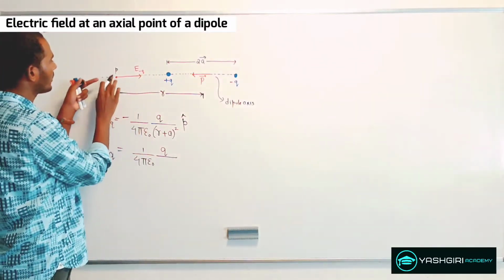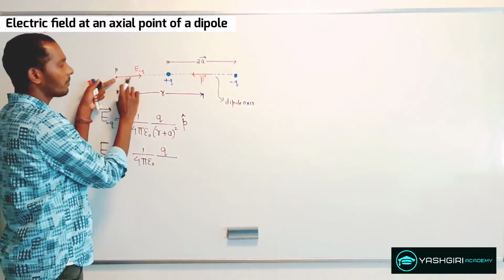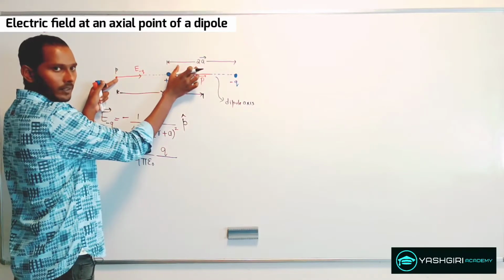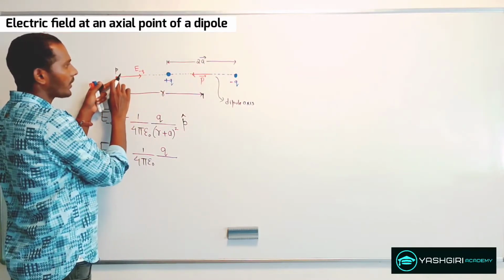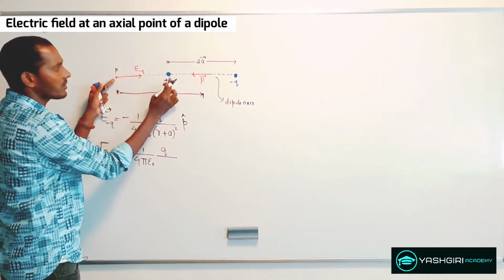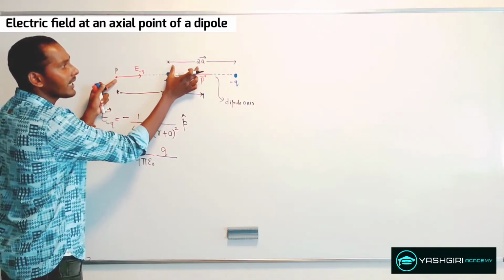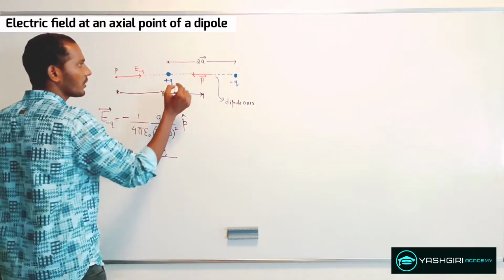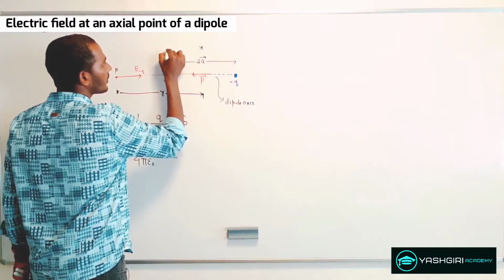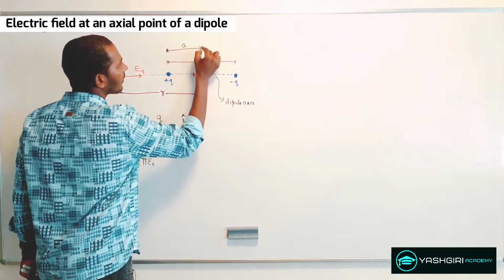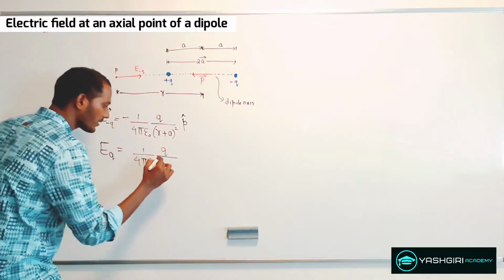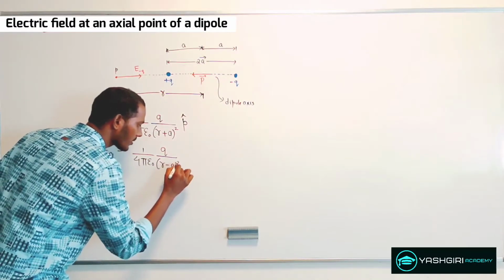Now here, if you just see the distance between this point P and the positive charge, it is nothing but r minus a. So r is the distance from this point P to the exact center O, and I'm interested in measuring this much distance, which will be r minus a. So that is the distance. From the center to here, this will give me a, and this is a distance of a. So I'll just write r minus a, and that will give me (r minus a) square.